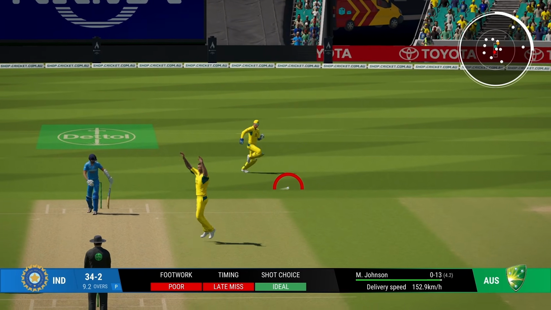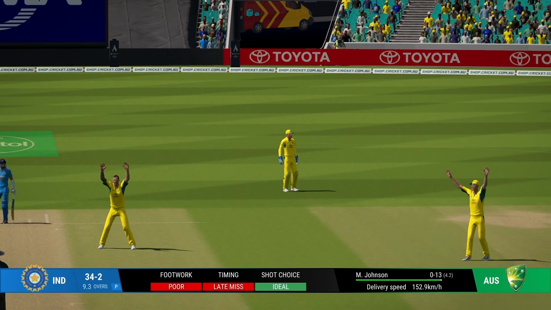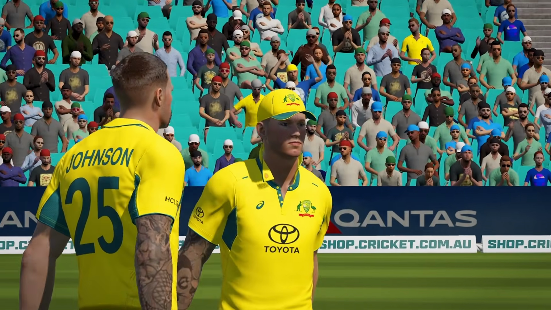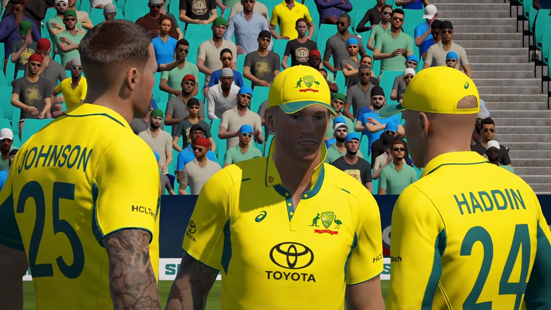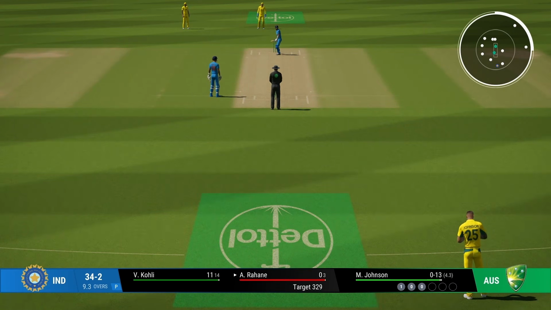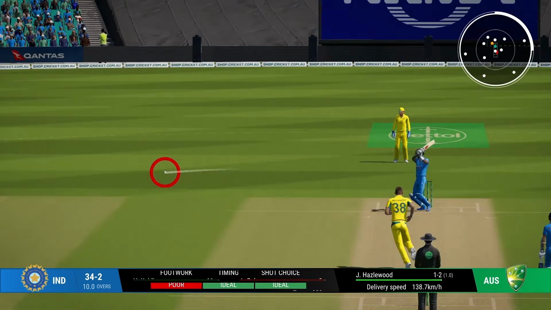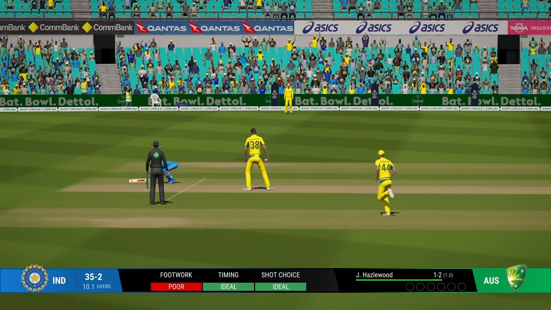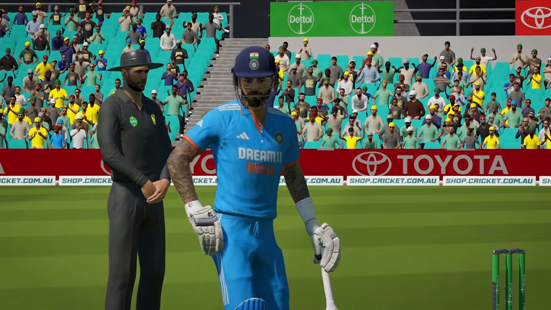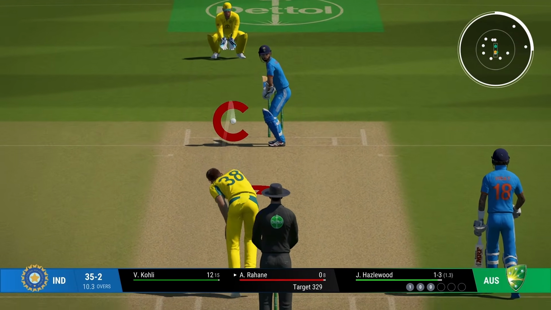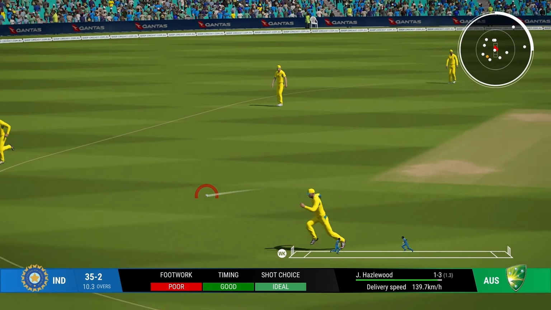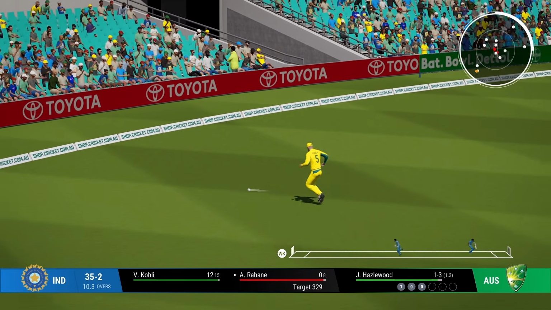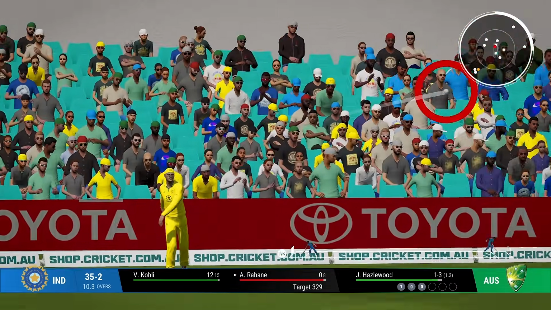Full, fast. Is this another one? That was so fast. I'm lucky I padded that because my leg stump would have been on the ground. They're not going to review it. Cut. Beautiful looking animation. Still, we just have to run, hurry through, put in the dive, all that for 1 run. That's been punched off the back foot. He is slower than the other two, so we can play shots like this and not edge them all the time. Even this won't go for 4.